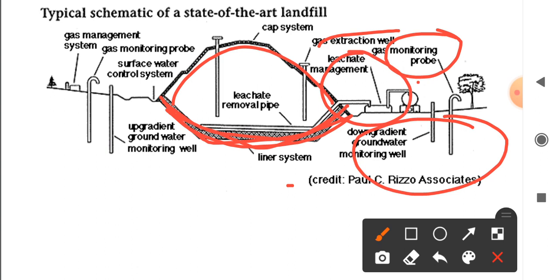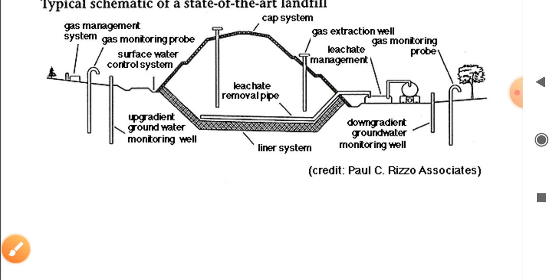The leachate which is accumulated over the base of the trench needs to be removed from the base. A leachate management system is provided for removal of leachate. This is the typical schematic of a state of the art landfill. Next,